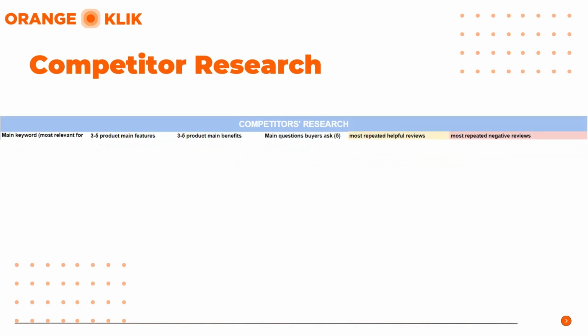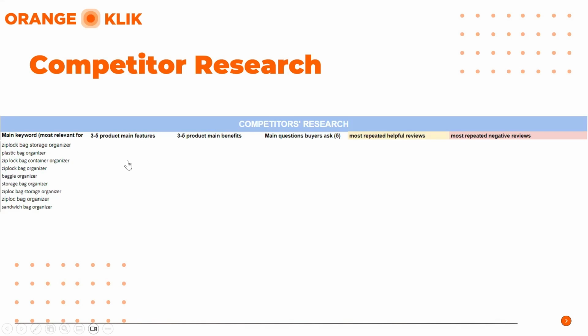For example, with the bamboo sandwich bag organizer, we will be looking at the main keywords that our competitors are using in their product listing. So they have been using Ziploc bag storage organizer, plastic bag organizer, Ziploc bag organizer. So it's just a matter of knowing what type of search terms our target audience are using. So it doesn't have to be Ziploc. There's also here the baggie organizer. So it's really important to know these main keywords that our competitors are using, and we may use these in our listings as well.